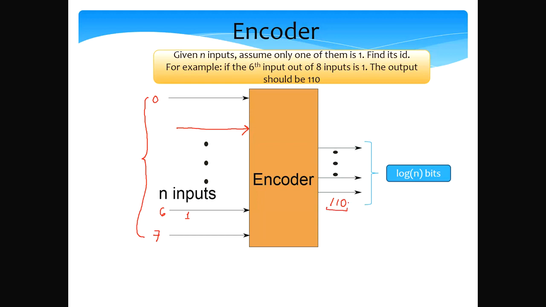So what happens when multiple inputs are 1? When multiple inputs are 1, we need to choose one of them based on the priority. This is called a priority encoder. Priority encoders can be of many different types depending upon the priority, so we'll not discuss that. But readers who are interested in priority encoders can consult any of the classic texts on digital logic. You'll find many different kinds of priority encoders.